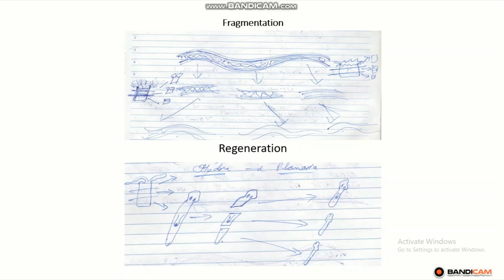So you just see there are single parents that form their three offspring. So this is also a mode of reproduction. Sea anemone, here I have made a rough diagram. Sea anemone is found in the sea, or marine. So it also fragments its body part into two or more, and each fragmented part will become a complete body. So this is the fragmentation.